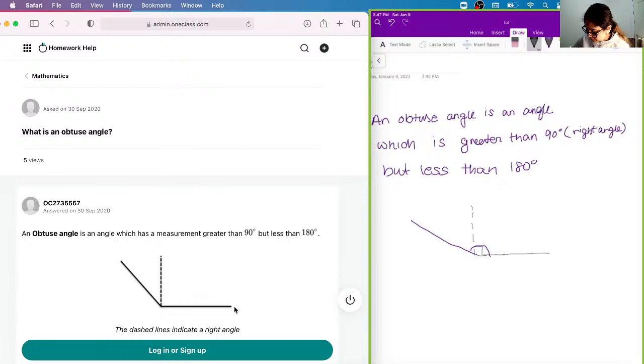We can say that an obtuse angle is greater than 90 and less than 180. We can write the angle for an obtuse angle: an obtuse angle is within the range of 90